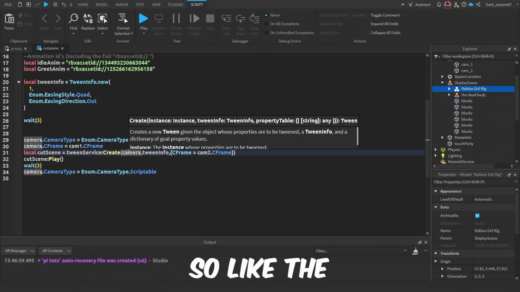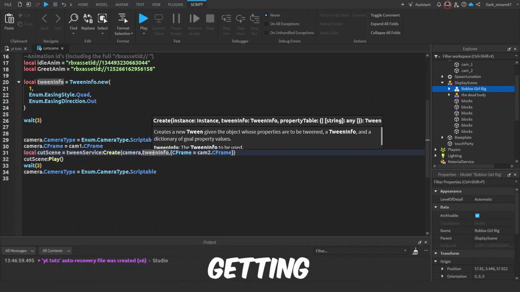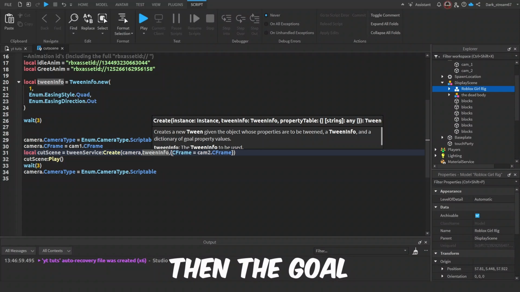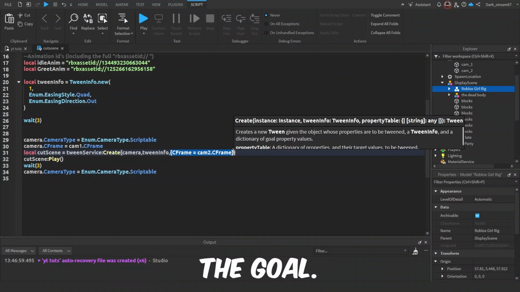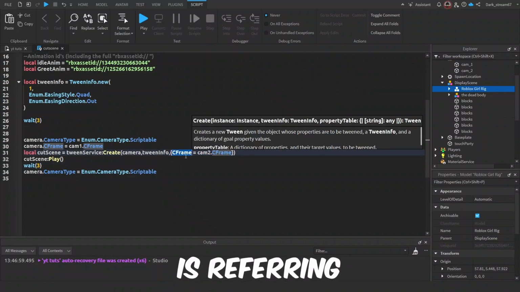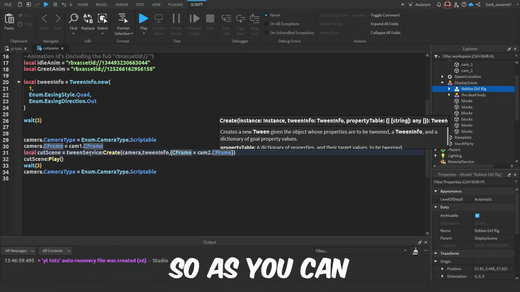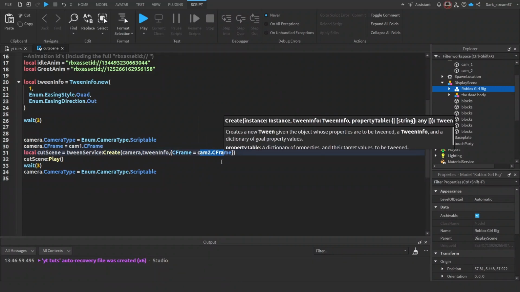And then after that, over here, we are making the TweenService. So the instance is camera, the instance which we want to animate. Then we are getting the TweenInfo, the properties of our tween, and then the goal, or the property table. So between these curly brackets is the goal. So CFrame, which is referring to the camera CFrame, is equal to cam2's CFrame. As you can remember, previously we have set the camera CFrame to cam1 CFrame. So now in the tween we are making the camera CFrame cam2 CFrame,